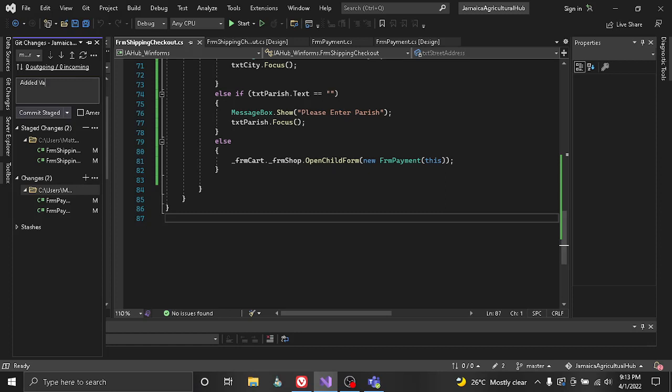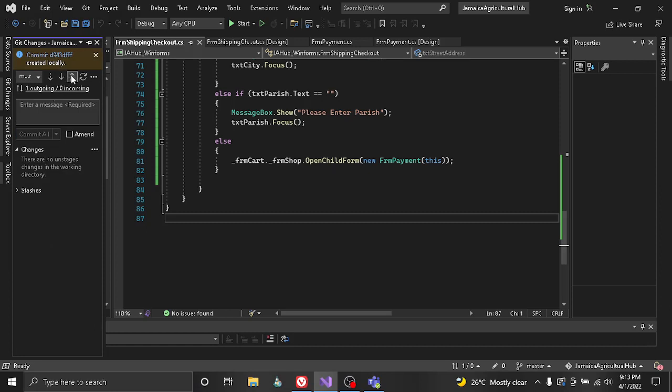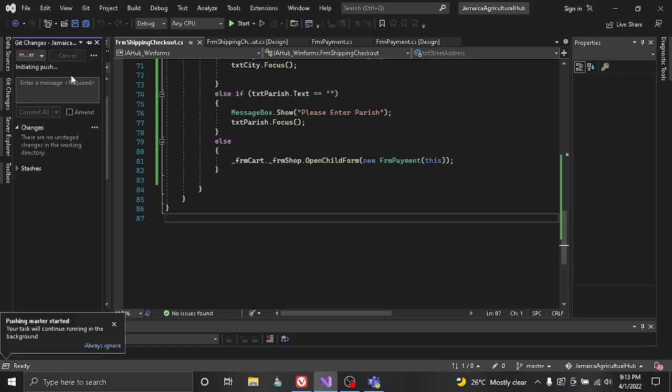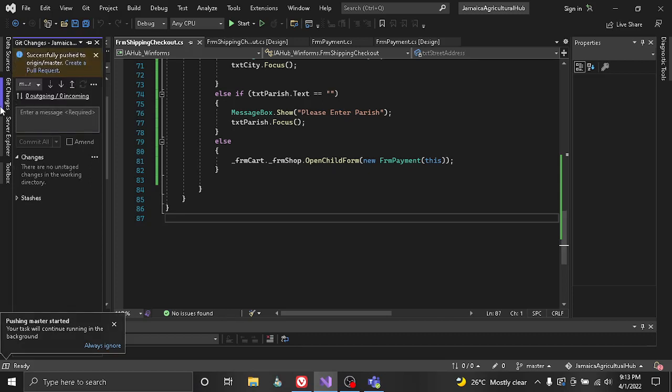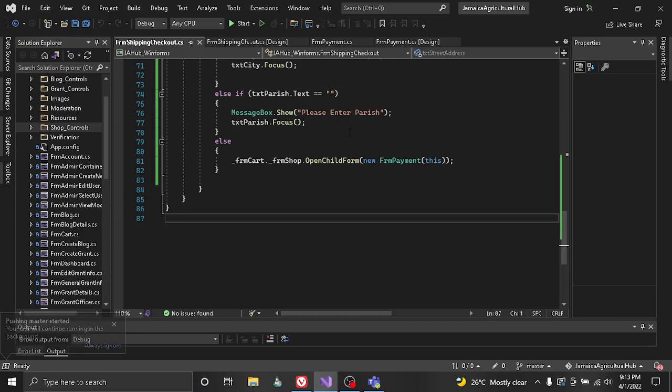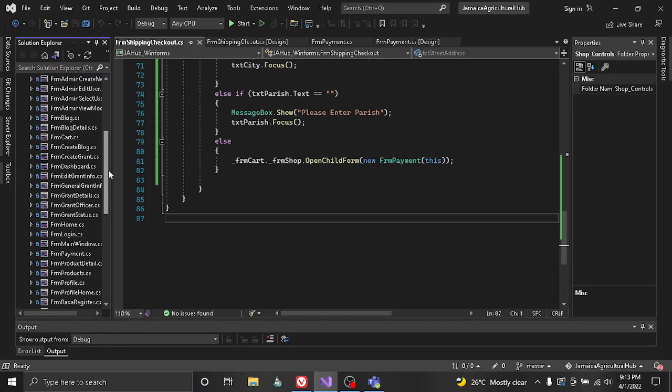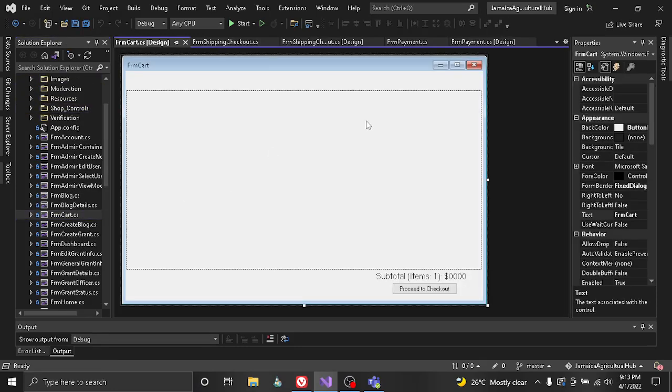Added validation. Should I just do validations commit? I'm gonna push this right away. So that went through. Alright, so one of the things I said I wanted to do was like if there's nothing in the cart, then I want to show